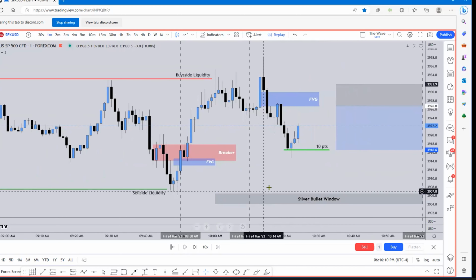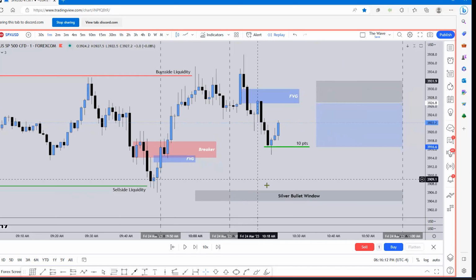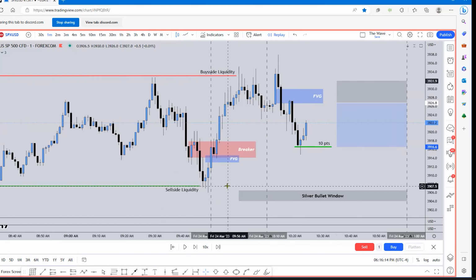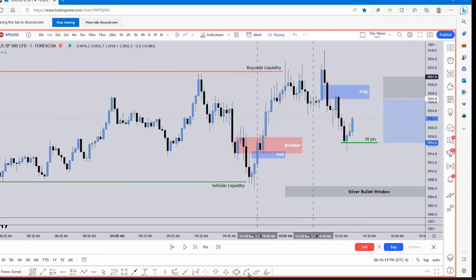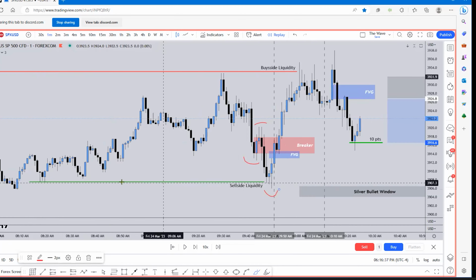So this is actually going to be meshed with our silver bullet window. So you see here, we have this swing low here. Then we have our high. Then we have our lower low. So we have a low, high, lower low that takes out liquidity here in the form of these relative equal lows